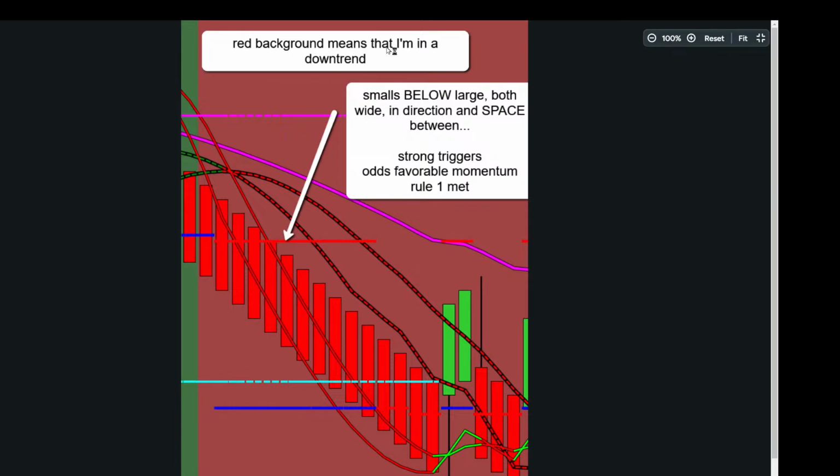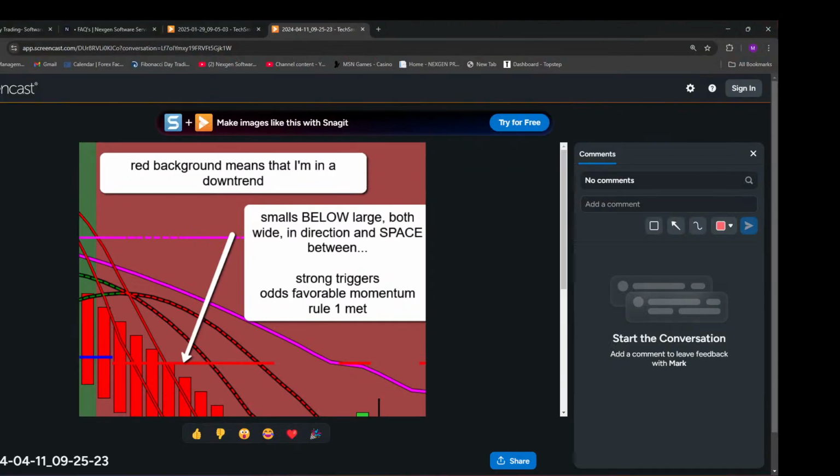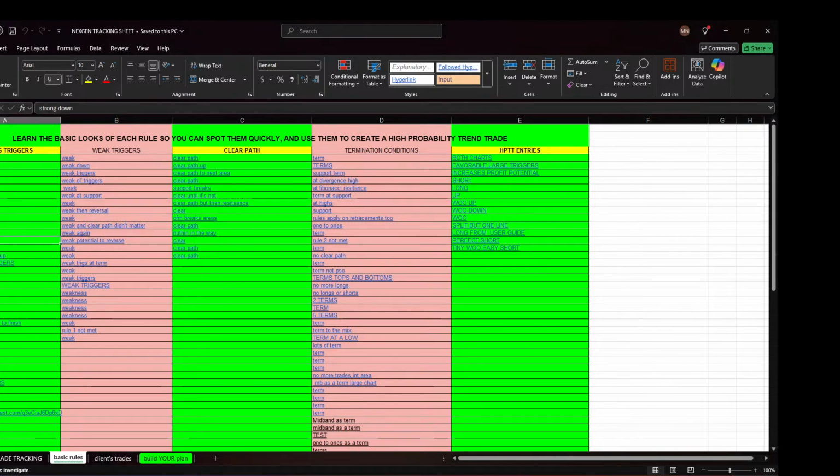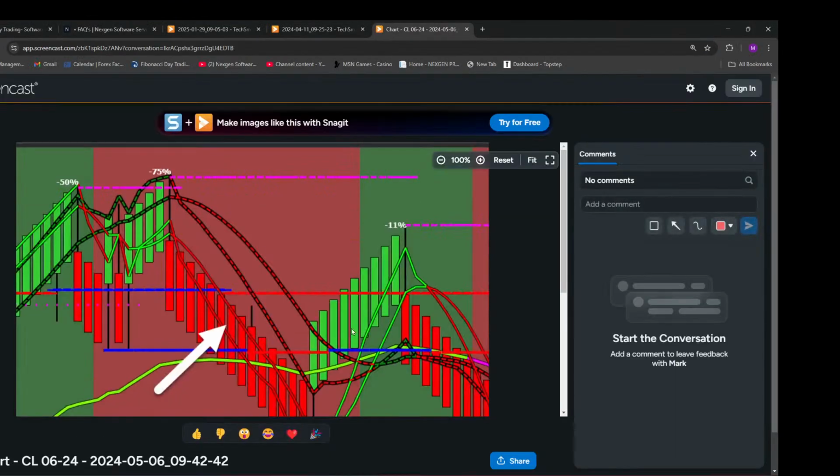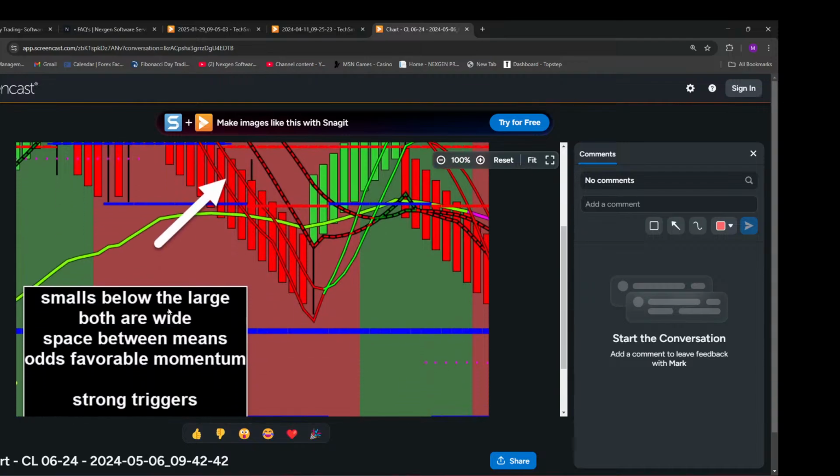Red background means that I'm in a downtrend. The smalls are below the large, both wide in the direction, space between. This is strong triggers. This is odds favorable momentum. Rule number 1 met. It doesn't talk about entries. It doesn't talk about termination conditions. It commits the look of strength to memory,